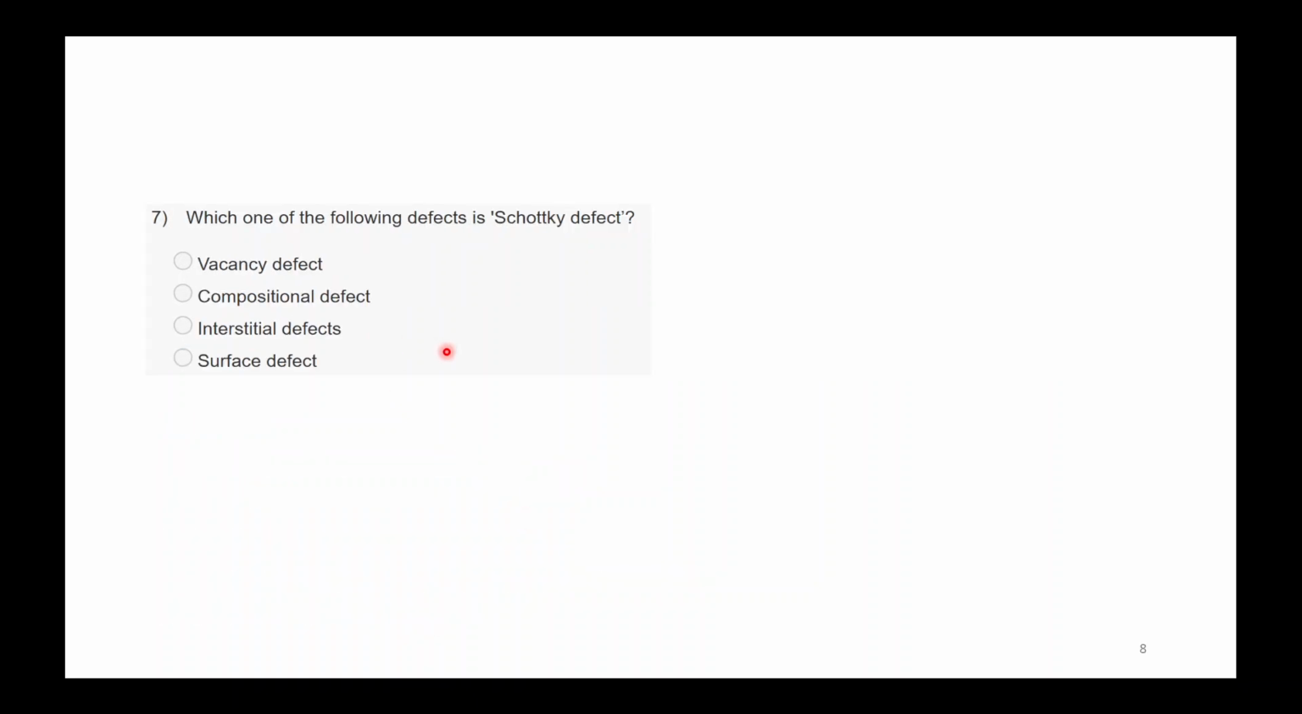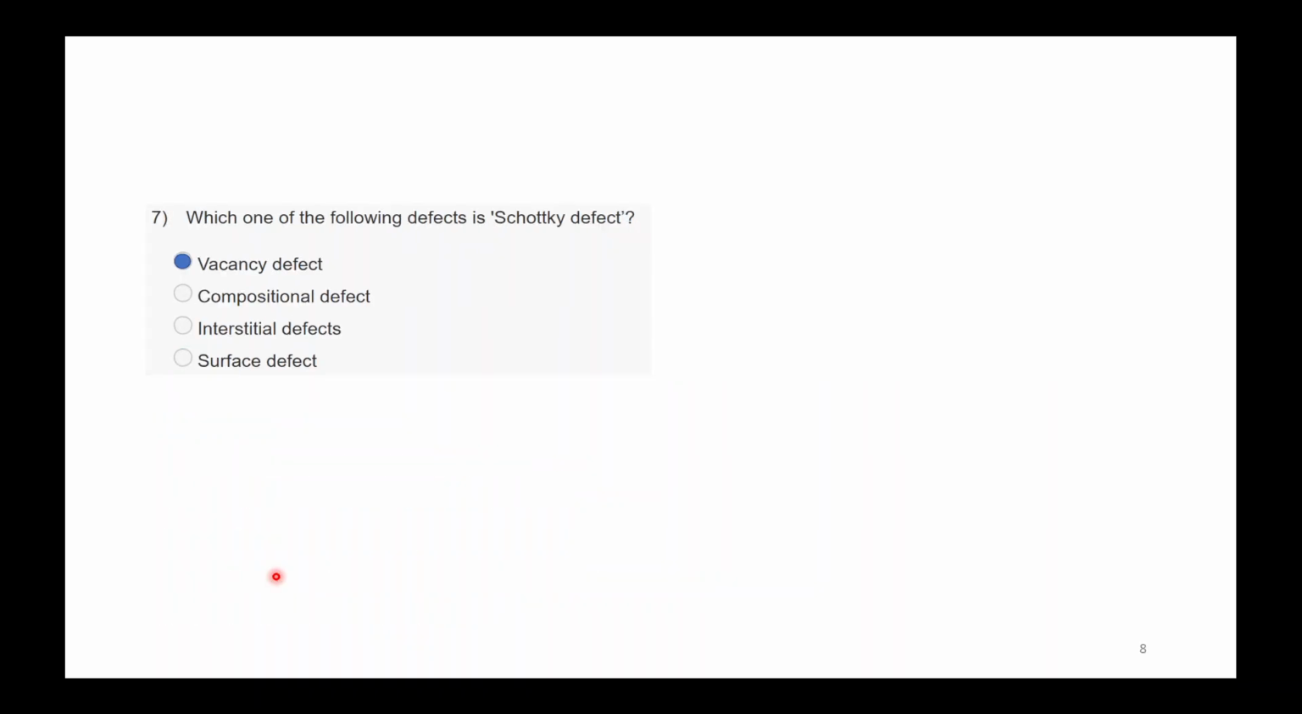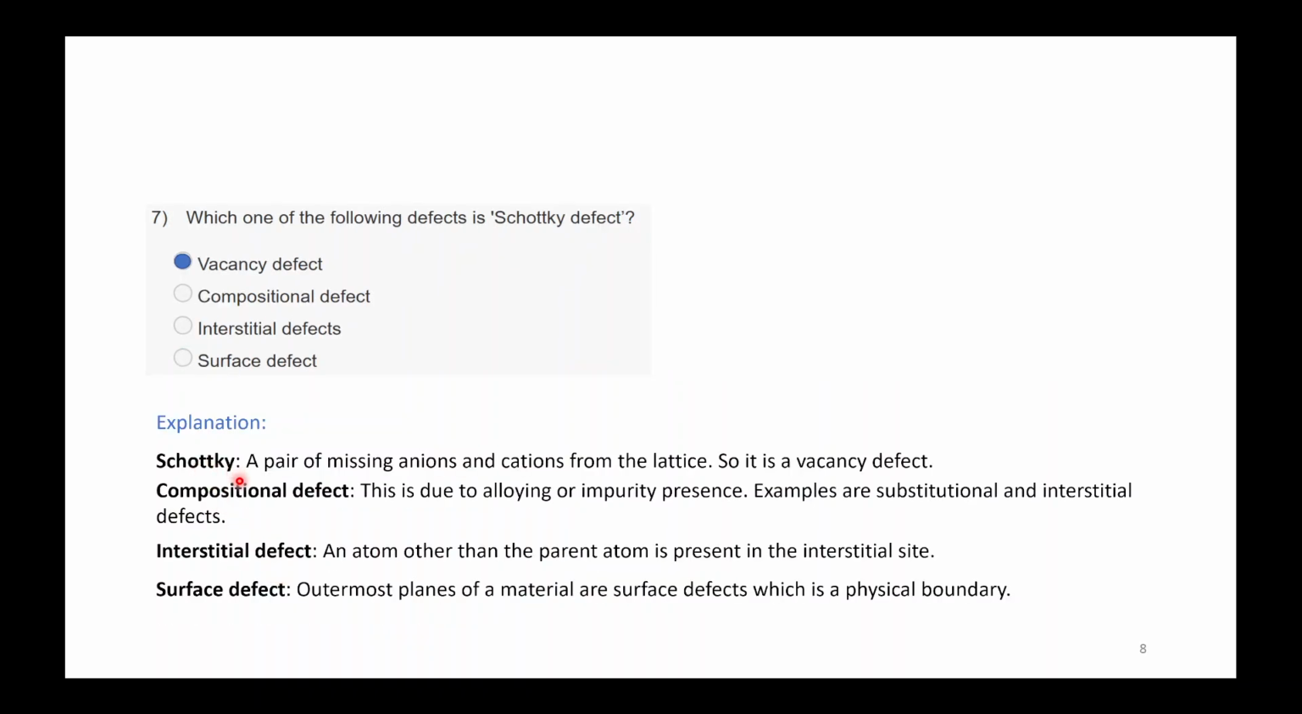Next question is, which one of the following defects is Schottky defect? And options are vacancy defect, compositional defect, interstitial defect and surface defect. And answer will be vacancy defect. So I just defined what is Schottky defect. It is a pair of missing anions and cations. So it is a type of vacancy defect, as it is also explained here, like a missing pair of anions and cations from the lattice, so it is